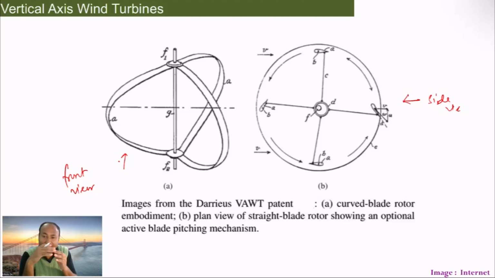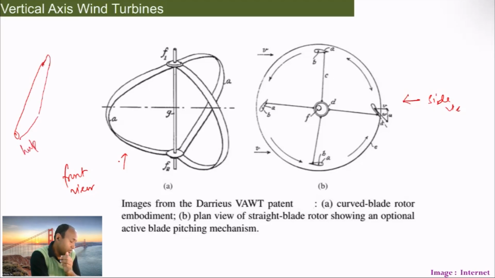In a horizontal axis wind turbine, the rotor blade has a fixed pitch angle at a particular section. If I go from hub to tip, at multiple sections there could be different airfoils, but you could have a fixed pitch angle. The pitch motion can be controlled a little bit, but not completely, as the wind direction changes or if you have too much change in the incoming flow and things like that.